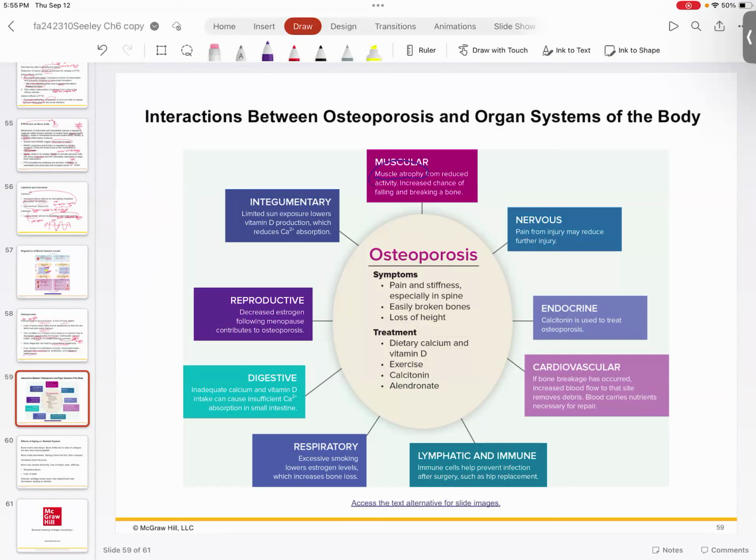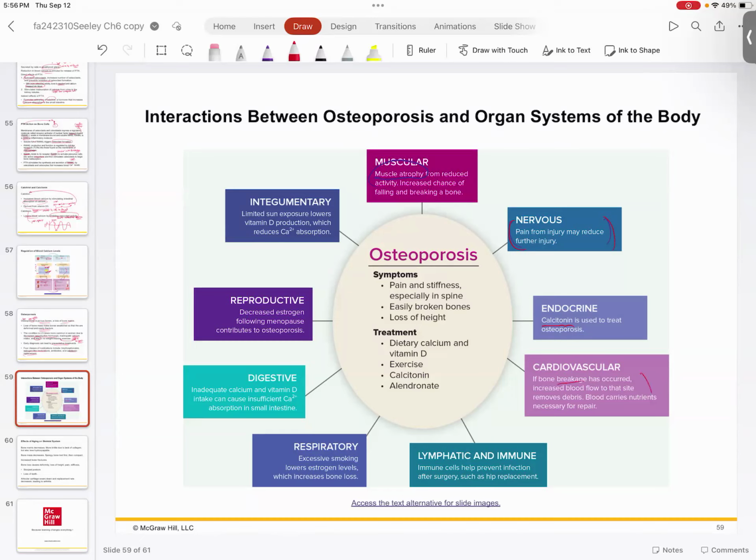There can be a lot of nervous pain associated with that. And so that's another possible outcome. Endocrine: calcitonin is produced by your thyroid gland, and so this can also be used to treat osteoporosis. If you break a bone, right, the increased blood flow